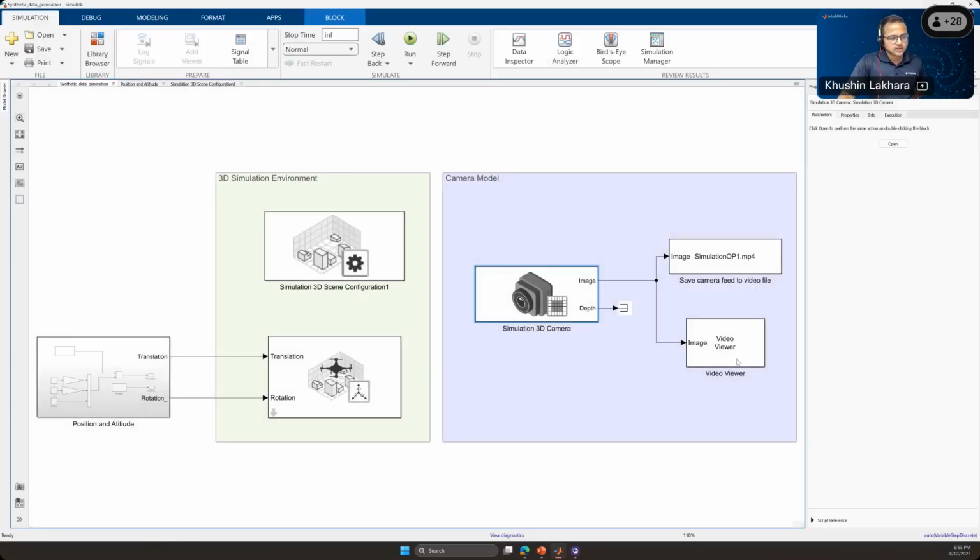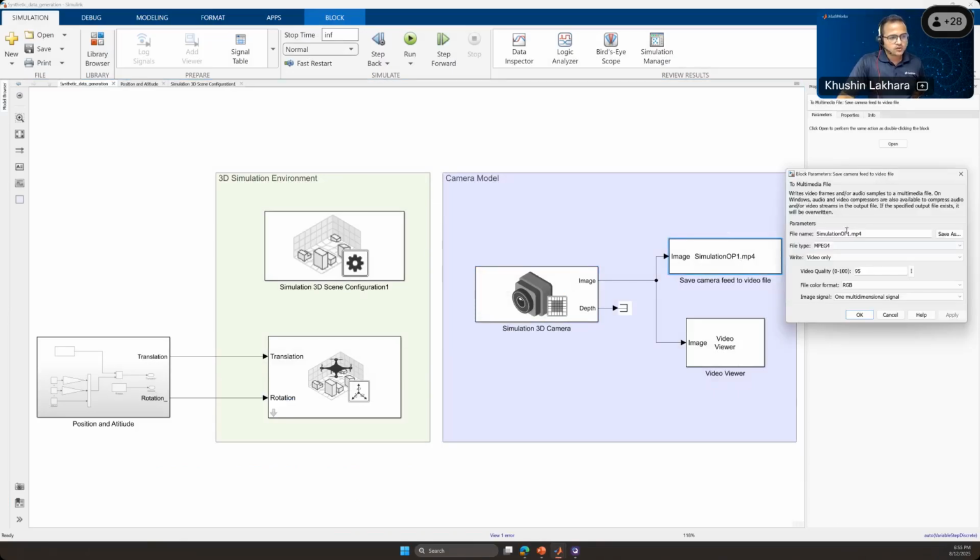From the simulation 3D camera, we are getting a video viewer and image simulation OP1. So we know this simulation already, there are some videos already available in the viewer. So I want you guys to give me a specific name in the chat. It may be your team name or anything you want me to name this recording. So team, whoever is going to give me the first name, I'm going to choose their name for this one. Or let's make it third name, which is,